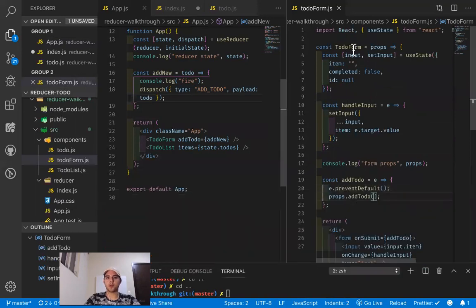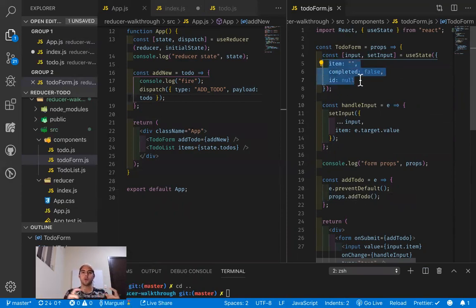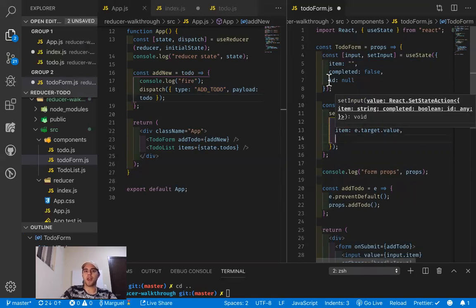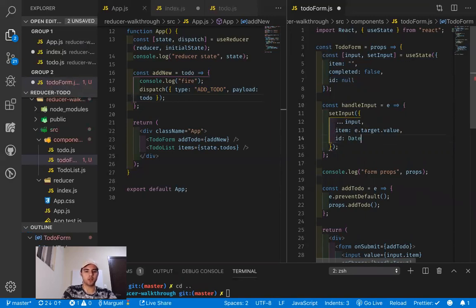So we already have our input, and our input has the to do format, and on our set input we're getting that format and we're changing the item. So whatever the to do name is going to be. I'm actually right here, I'm also going to modify the ID to be equal to Date.now. And what this is going to do, so I'm just going to,